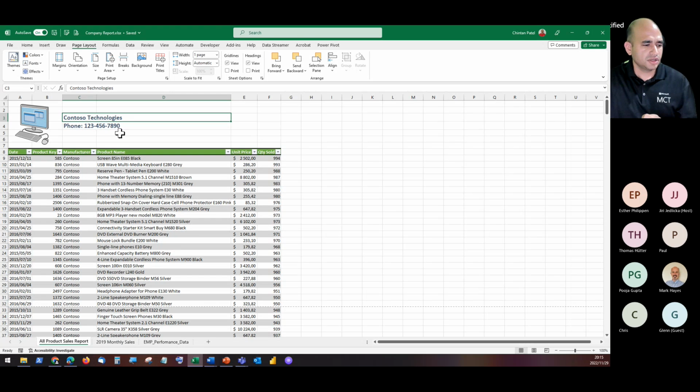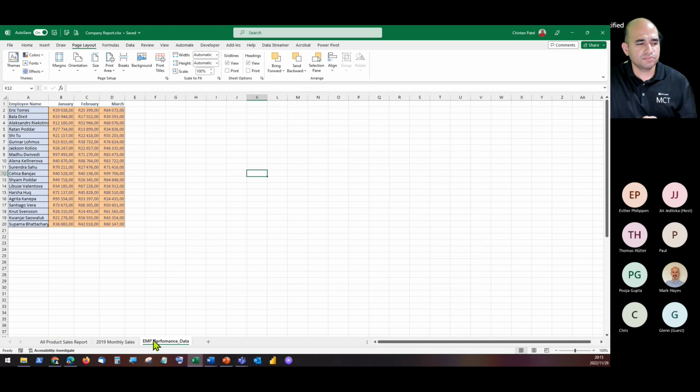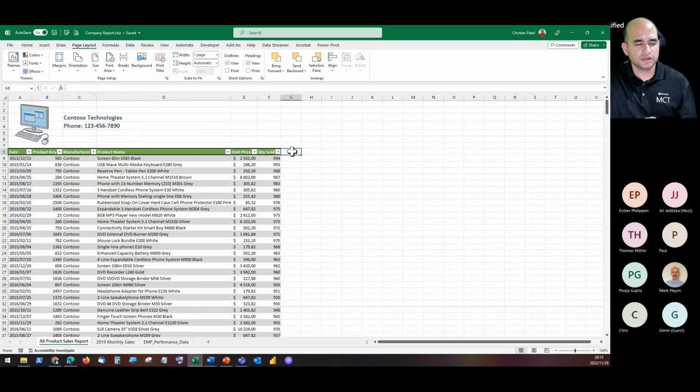In the 2019 monthly sales worksheet, we might come across some formulas. And in the performance data, we have to do a chart, right? So there are just a couple of other worksheets we're going to go through, but just to end off over here,